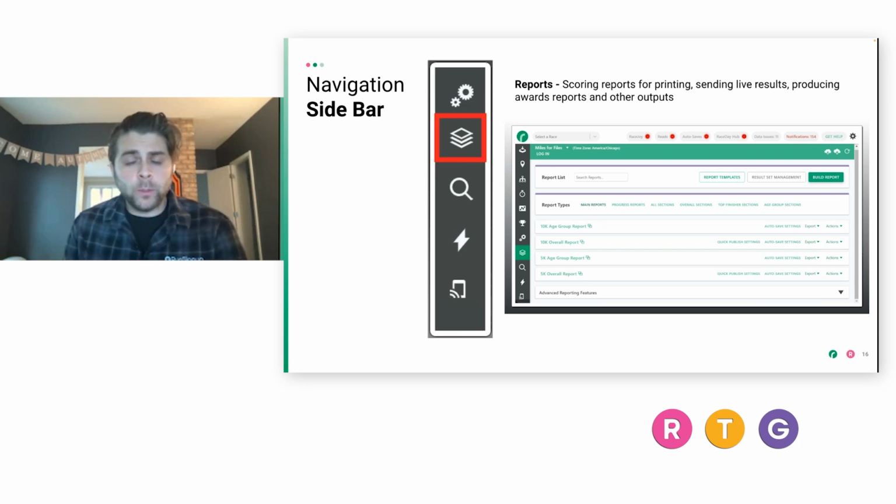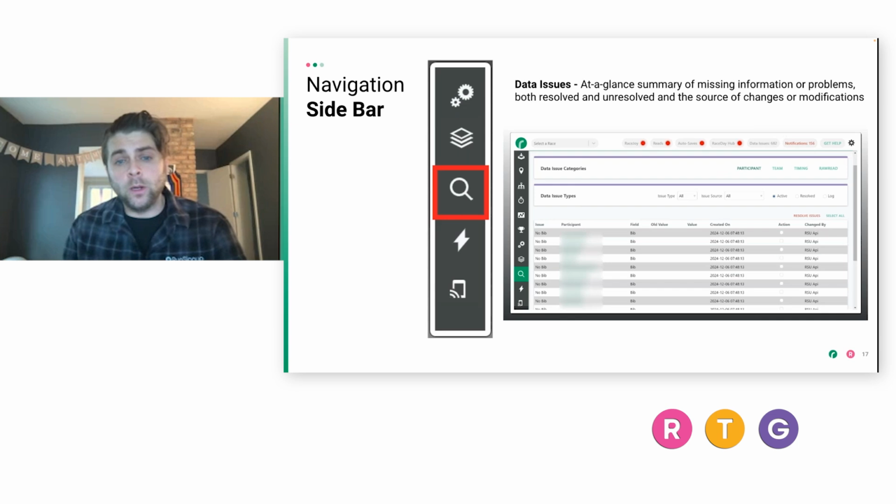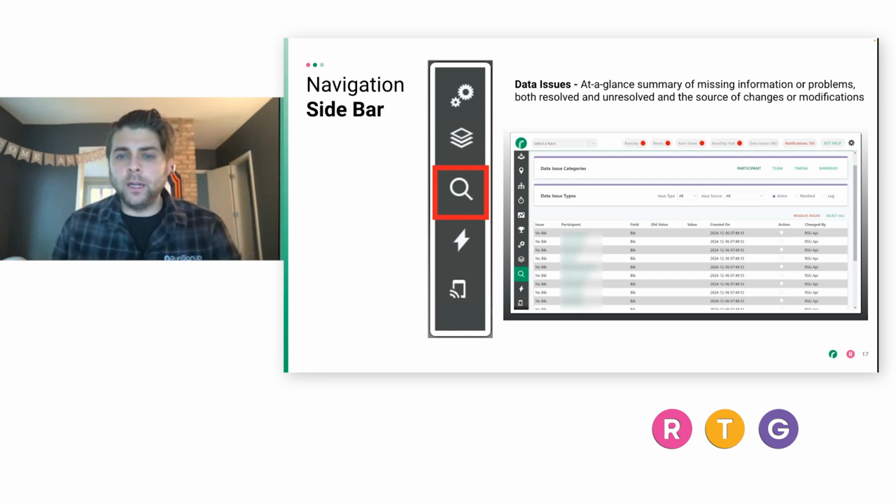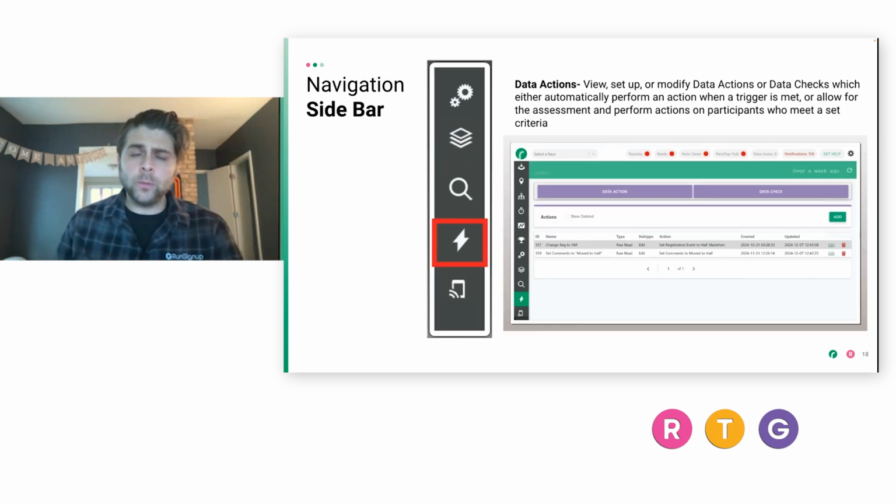We also give you a pretty nice high-level view of data issues. So you can just kind of see at a glance, rather than having to write and run a report, what kind of issues you might have in the data, as well as a log of resolved issues there. We have another pretty advanced piece here called data actions, and that's sectioned into two different parts: